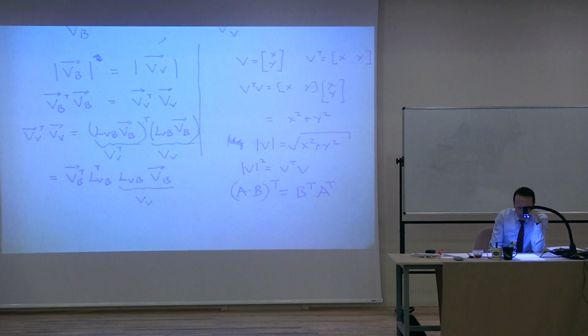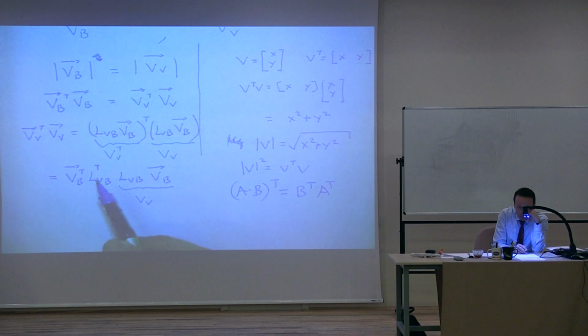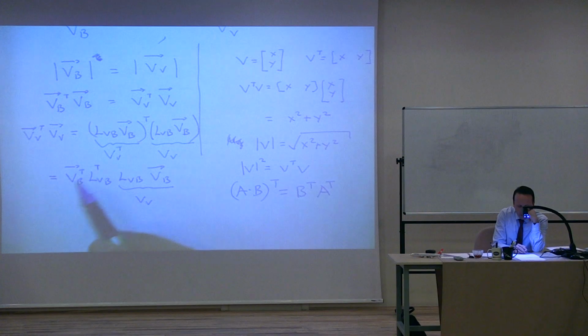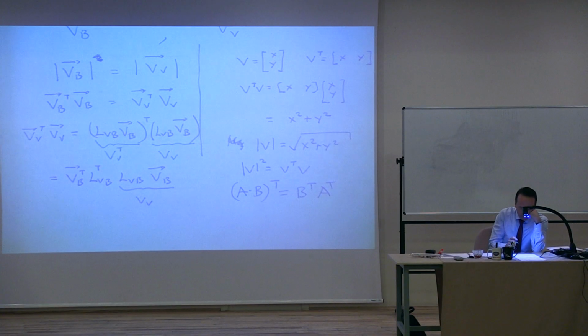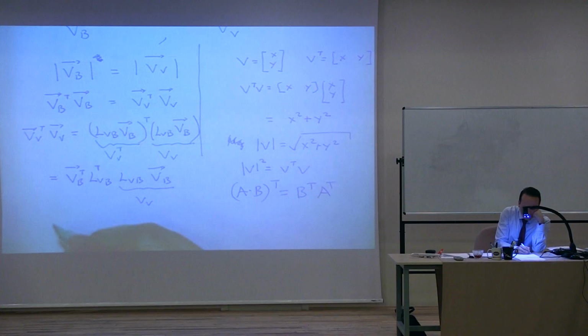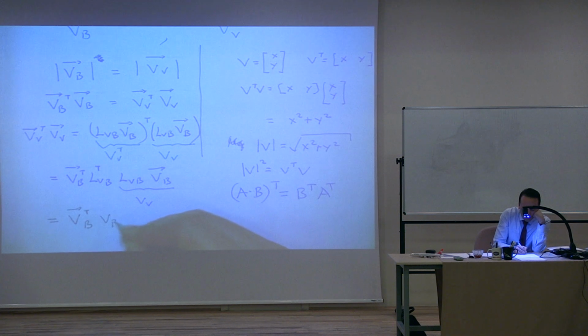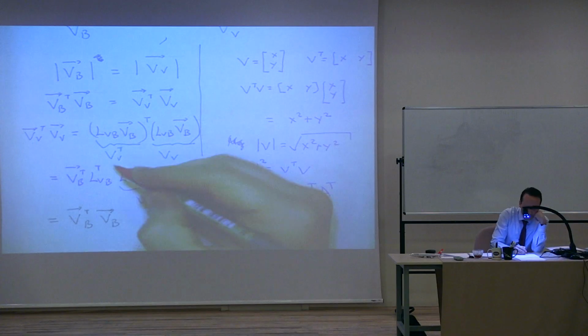Okay? Something you have in linear algebra. So it's the same thing over here. This is the transpose. You take it to this side and this side, so it's transpose. I mean, this is a vector, but you take the transpose here. So you have this. Okay. So this is that. But because of this relation, this should also be equal to B, V, B. Which really means this part here